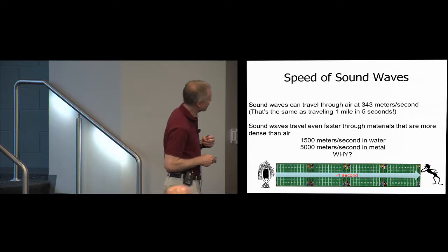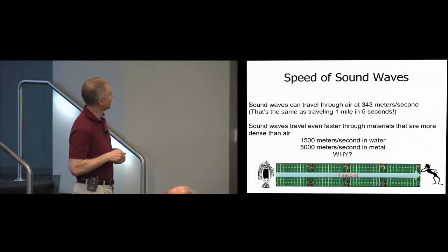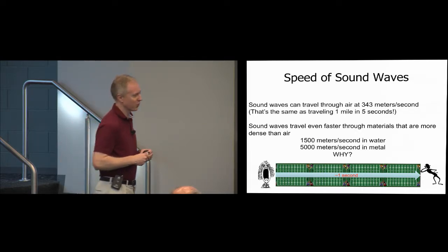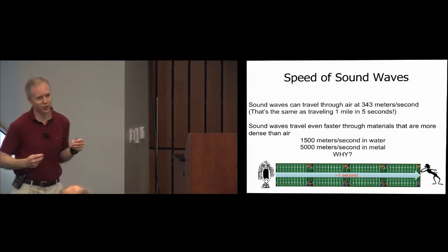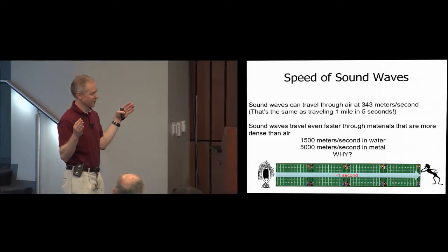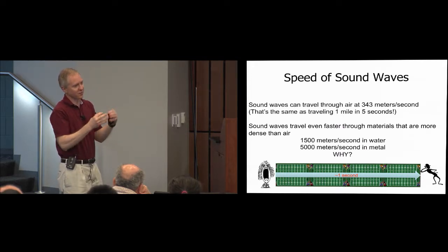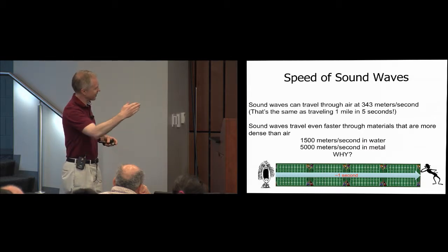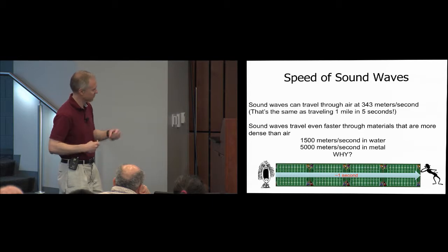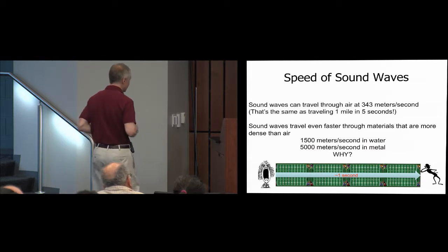But sound can travel faster through other things. If you have sound traveling through water, it's 1,500 meters per second. In metal, it's 5,000 meters per second. So what's the reason for this? How can sound move faster in one thing than another? Well, it has to do with the material. If you think about air molecules, they're not very dense. We can walk through them, of course. Water is more densely compressed molecules than air is. We can still swim through it, though. But molecules that bump up against each other can do that more rapidly in water than in air. And then, of course, metal is really dense. We can't move through it at all. Metal atoms are all compressed up against each other very tightly,